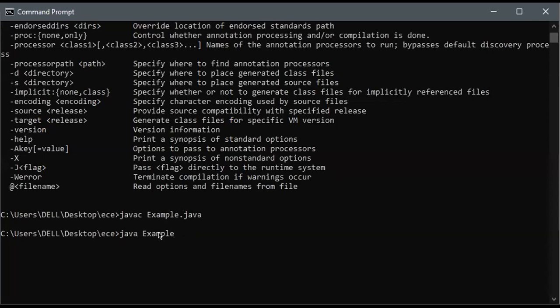So for running the program, just type java and the name of the particular Java file. There is no extension over here. Then press enter. This is the output. This is the first Java program.